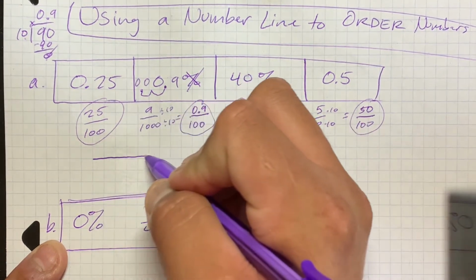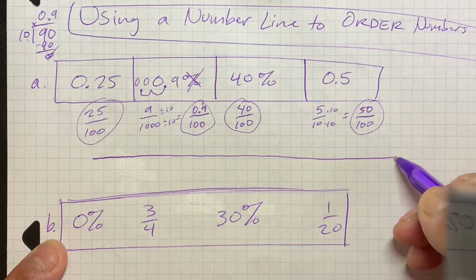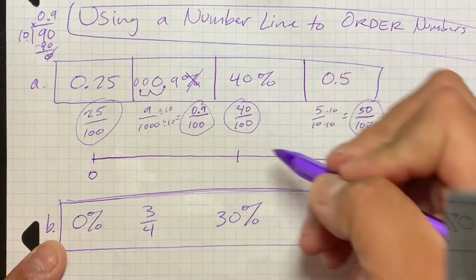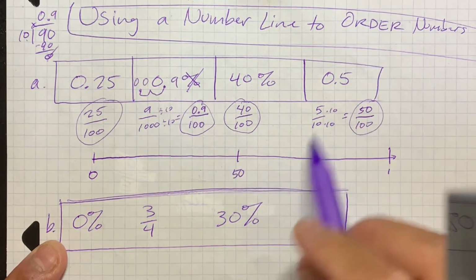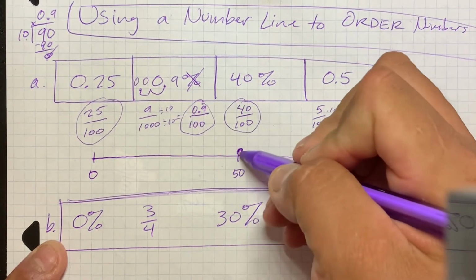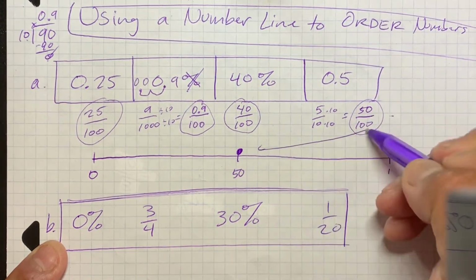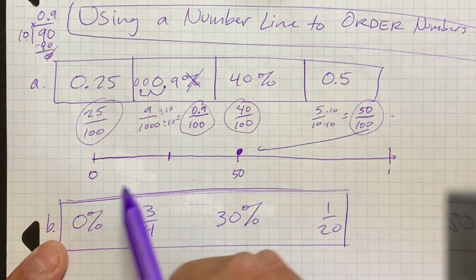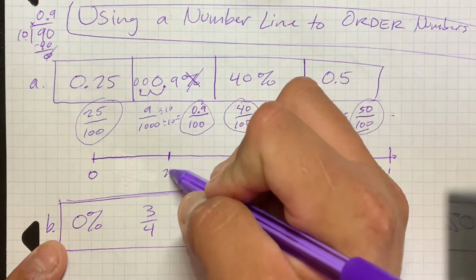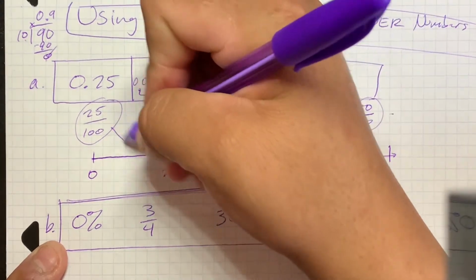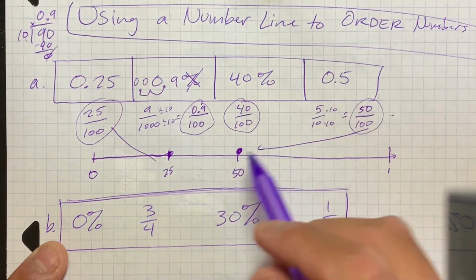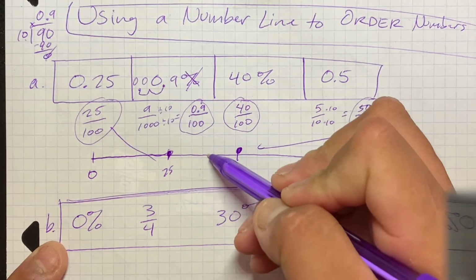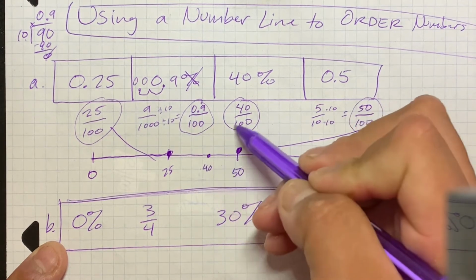So if we had a number line, okay, and this is like one whole, here's 0, here's 50, so that would be 50 over 100 would be here, okay, and then here halfway between 0 and 50 is going to be 25, so this is going to be 25 over 100, and then of course we're just going to estimate around here would be 40 over 100, okay,